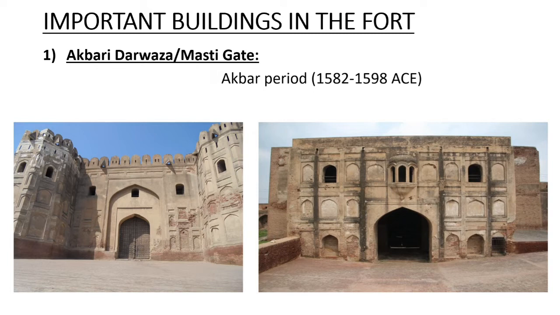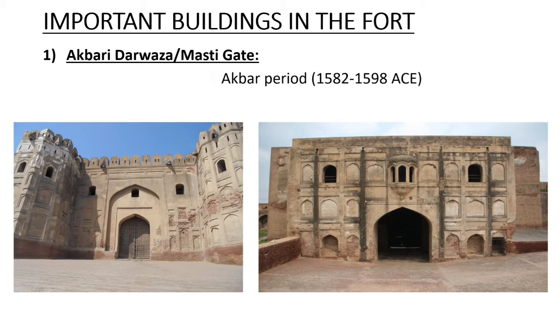And during this phase of time, dear viewers, just in front of you on the left side is the monumental gateway, which is called Akbari Darwaza, and on either side of this monumental archway are the bastions, and these bastions are surmounted by the battlemented parapet. You can see merlons, crenels. These are some of the important features of the monumental gateway, and this was constructed by Akbar during his regime